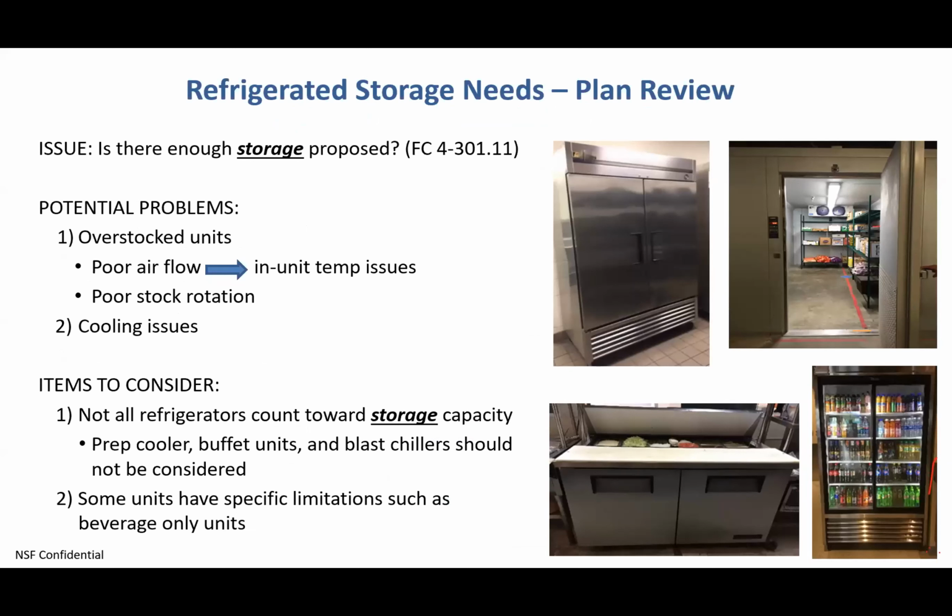So this has, I think, pretty profound effects when it comes to plan review, right? When you're required by code to make sure you have adequate refrigeration storage, and you're doing your refrigeration calculations to make sure there's adequate for the amount of meals or whichever process you're using to do your calculations, there's some things that I think really need to be examined here. Because if you're like me, I know a lot of times when I was in the field, you would see numerous places that just didn't have enough, right? So all of their refrigerators, everything they had was just chock full, especially on delivery days or shortly thereafter. It was crammed all together. And in the worst case scenario, it was even sitting out because they didn't have room to put it in a refrigerator. So I think we really need to be mindful when we're doing plan review of erring on the side of caution and making sure these facilities have adequate refrigeration because of these potential problems,